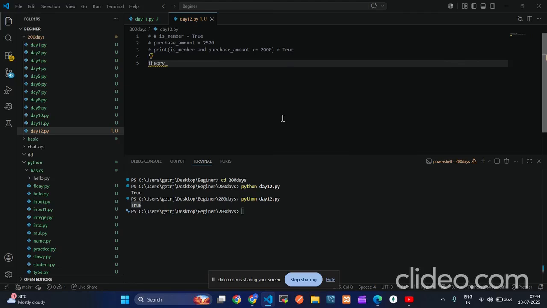Theory marks is 45%, and the practical marks is 40%.